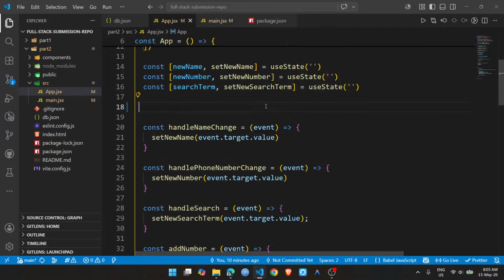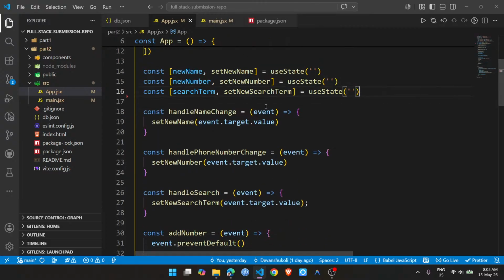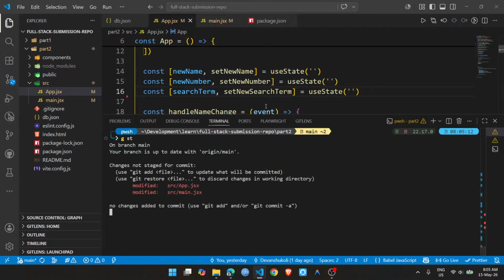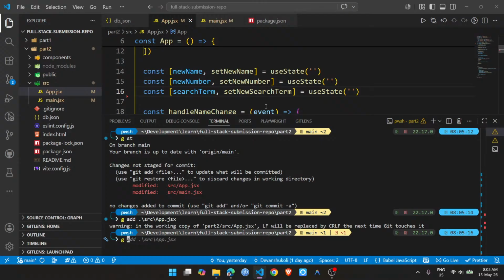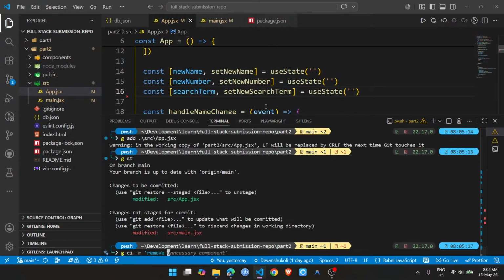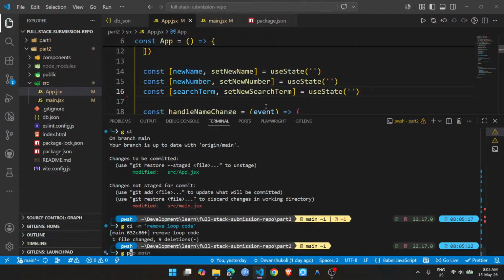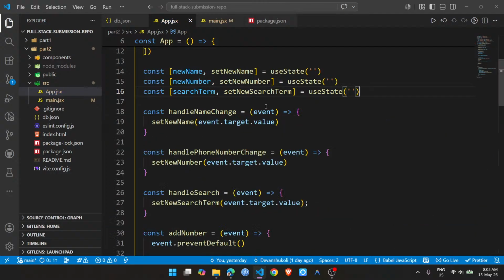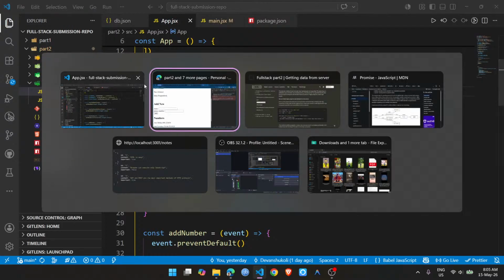Let me first remove this file. Okay, now inside this,